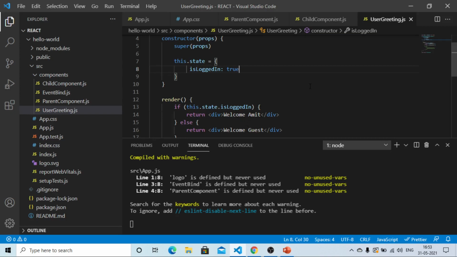The answer is no, because if else statements cannot be used within the JSX. In React, JSX only provides the syntactic sugar to object construction or function calls. So this is the reason why we cannot use the if else statement within the JSX.